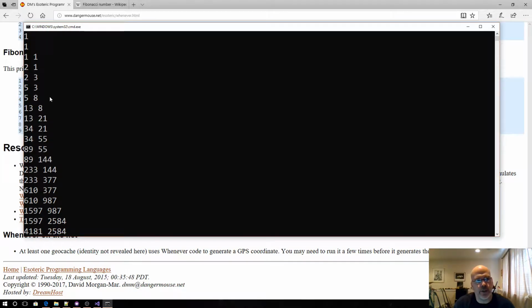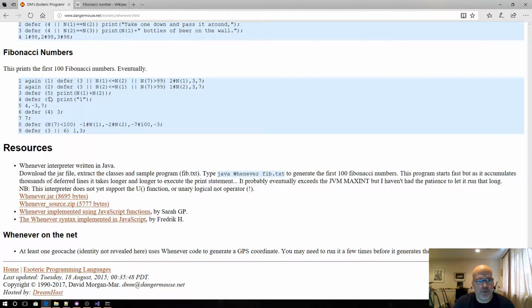I'm going to look at this code later and just make sure that what I've coded here is what this does. And I wish this would have said here, you know, the output will look like this. Because the 99 bottles of beer on the wall, that's actually pretty obvious. This one, not so much. What I was expecting it to do is just do like 1, 1, 2, 3, 5, 8, you know, that, and just put them down the line. This seems to kind of